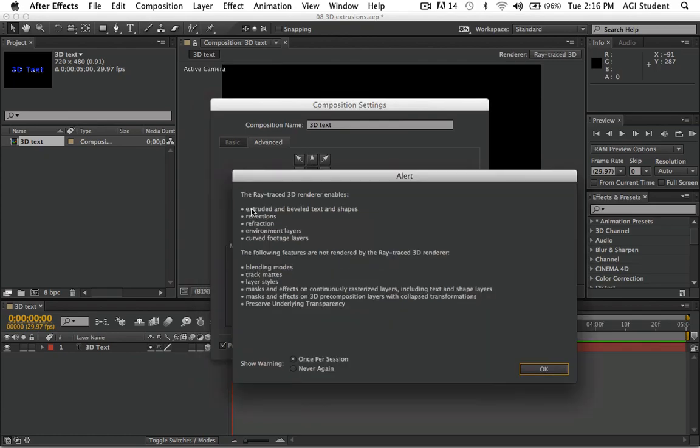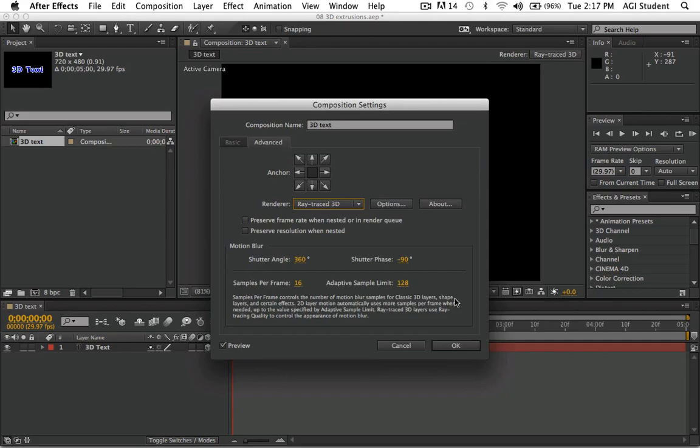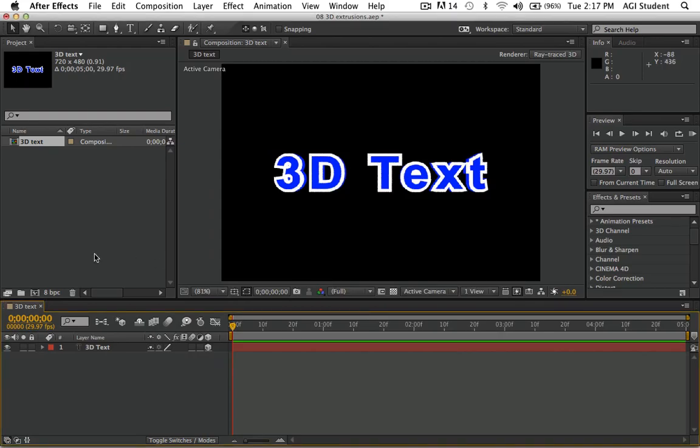Trace 3D. This will allow us to extrude images three-dimensionally, but you'll notice that you lose some functionality in the process. I'd encourage you to examine the list of what gets disabled here, as these things may be important for the needs of your project, such as things like blending modes and track mats that get disabled as a result of this change to the 3D renderer. Go ahead and hit OK, and then hit OK again to commit the change with the new renderer. You'll have to do this composition by composition for any compositions that you want to include a 3D extruded layer